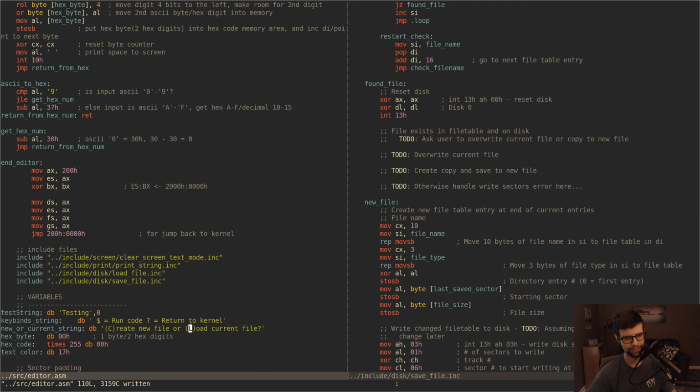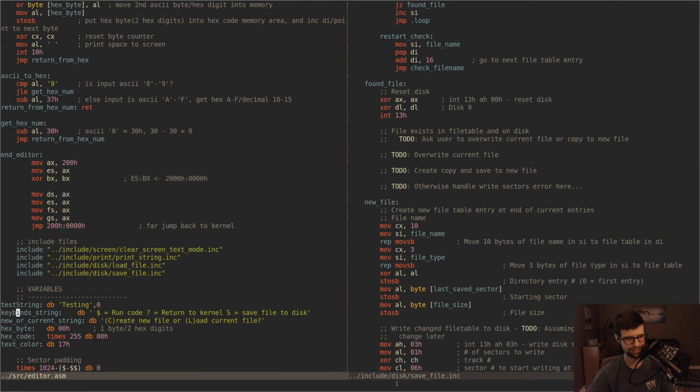Okay. So create new or load current. If they want to create a new file, we're going to load the current hex monitor, although we're going to have a different thing here. Let's say S, save file to disk. Okay. Okay, let's call this